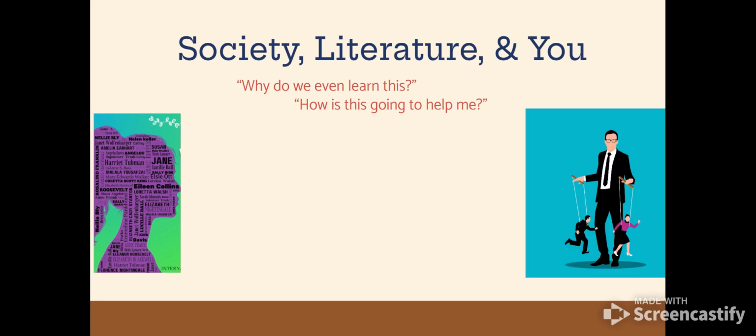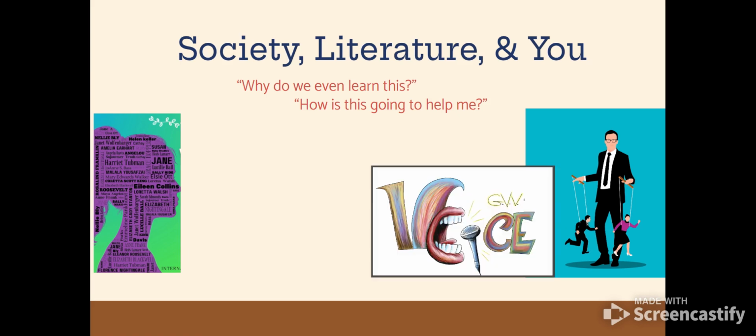Secondly, I think society has a huge power on each individual in the way that we do things, in the beliefs that we have, in the work that we choose to do. And when we read literature, we are capable of becoming independent thinkers, independent questioners, independent people who take our own actions because that is how we want it, not because society wants us to, right? There's that picture of a puppet. We are not puppets for any government system, for any societal expectation. We are our own people, and thanks to literature, we can understand how to go about that.